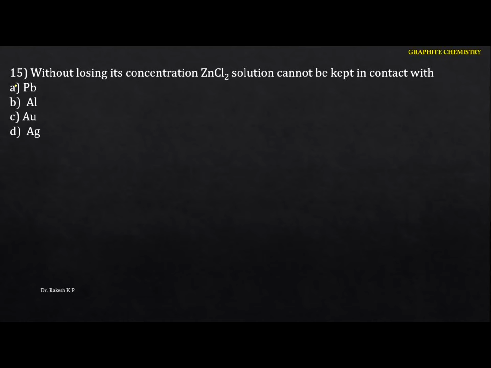Next one. Without losing its concentration, zinc chloride solution cannot be kept in contact with... Just identify this one here. We know zinc has a tendency to lose electrons. Especially when we're talking about zinc chloride solutions, compared to zinc, aluminium is more reactive. Aluminium is more reactive than zinc. So if this solution is treated with aluminium, it can displace